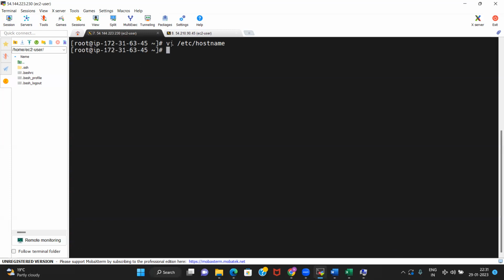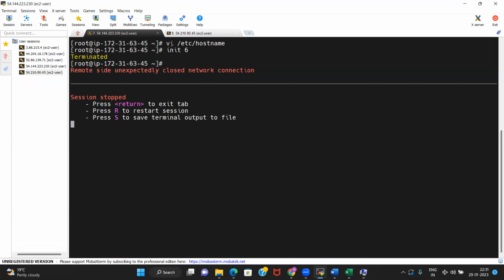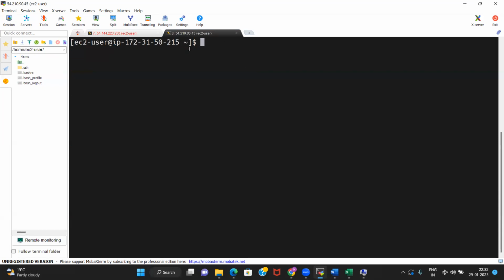Then you need to restart the server because you made changes to the name. init 6 is to restart. So init 6 will restart; just leave it as it is.